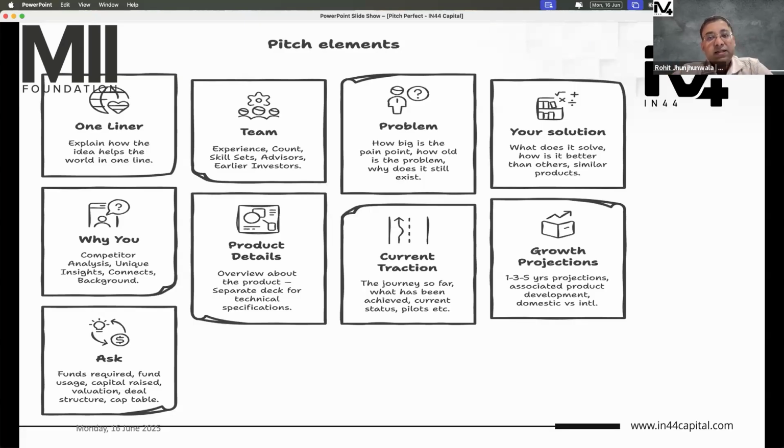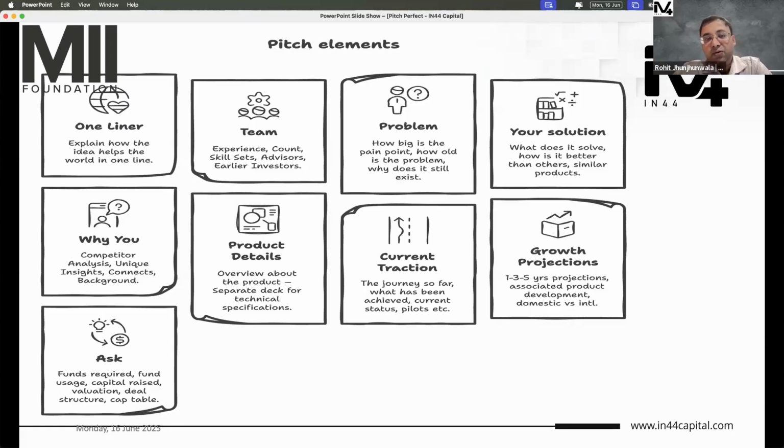Because if there is an existing problem, people will get hooked on to your solution. They think, okay, I have this problem, this guy is giving me a solution. You need somebody to get a hook. And that one liner is the hook that you will have so that people will read the whole remaining PPT. That one liner will sort of hook them in so that they want to read the whole PPT, right?